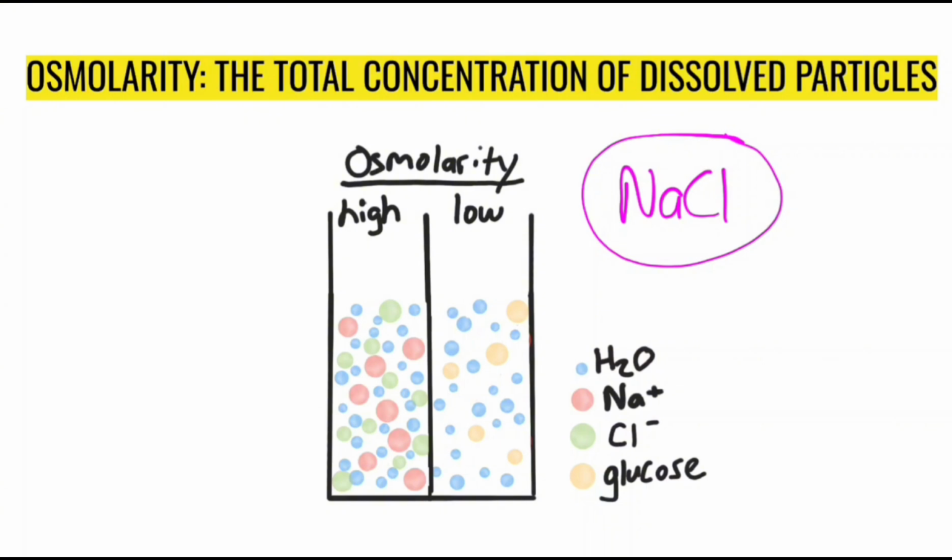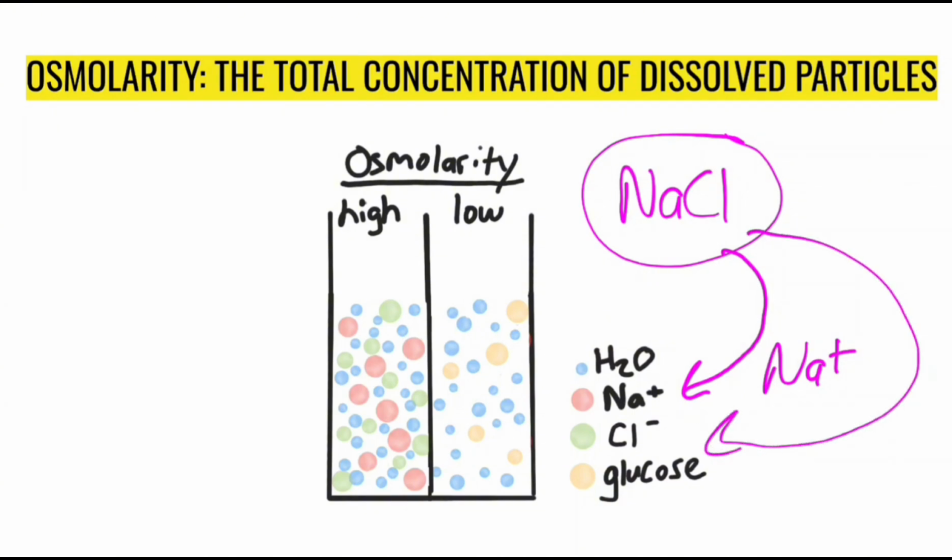But it turns out when we put sodium chloride in water, it will separate into a sodium ion and a chloride ion. So we need a different way of measuring the total number of molecules when we're talking about things like